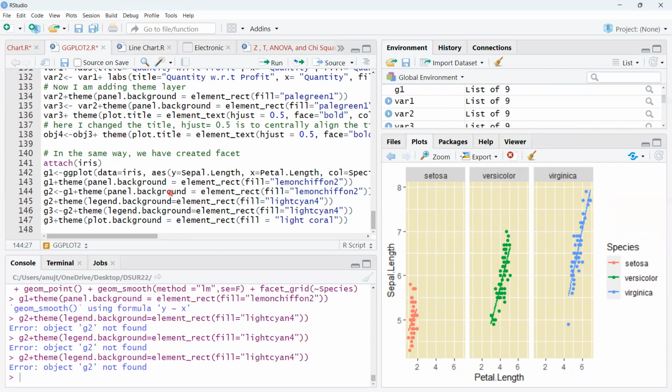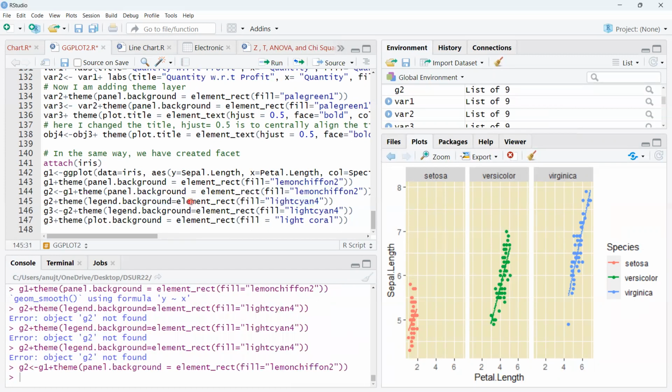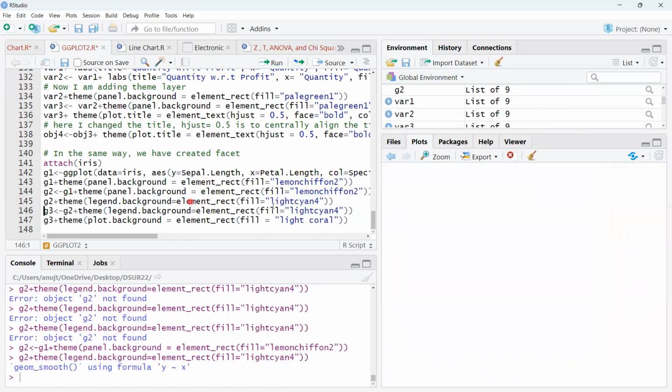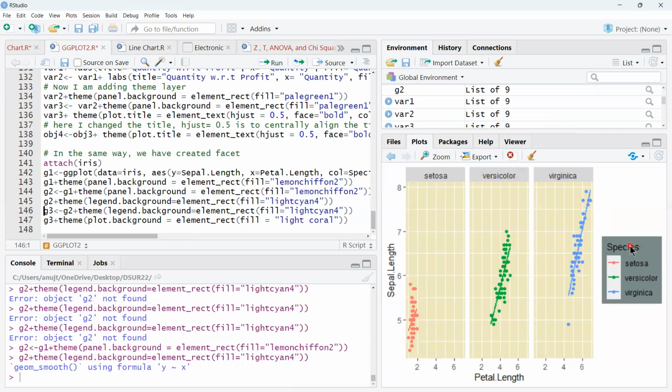okay, G2 was not found. Sorry. Okay, now if I run this, now see the change. And again, I'm putting all this into G3. And in G3, I have added fill with light cyan 4. I run this